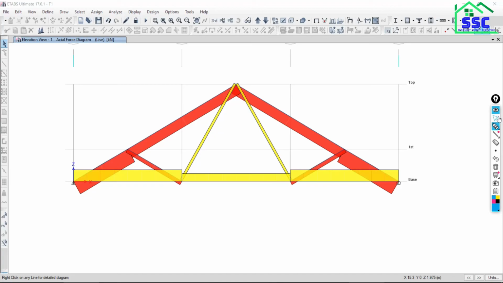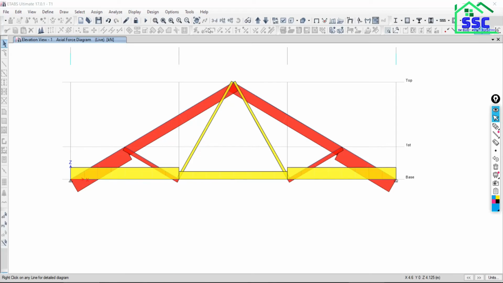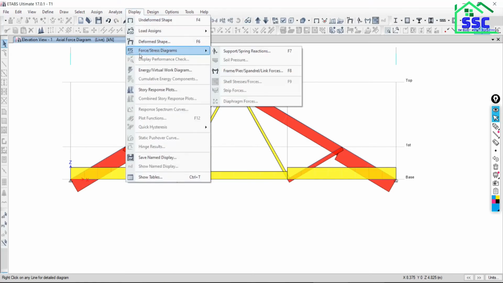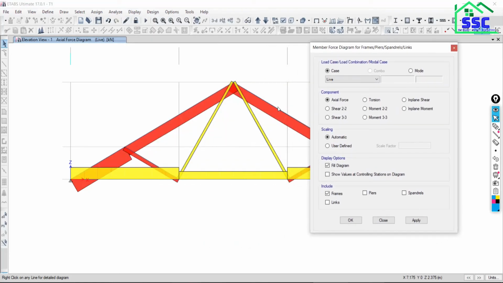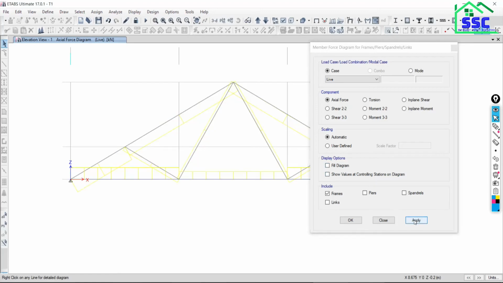Now see, if you take your cursor near your frame element, you will be able to find the force. Is it visible, how much it is? Just go to display and frame again. I don't want to fill this result with color, so just uncheck the fill diagram box, apply.